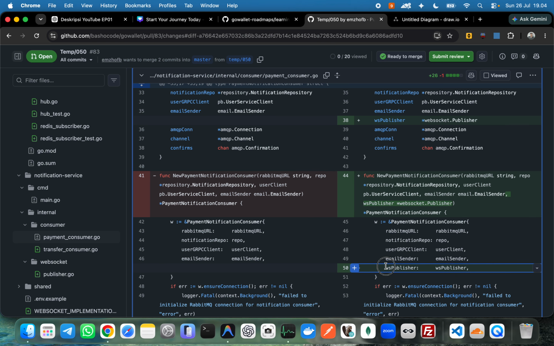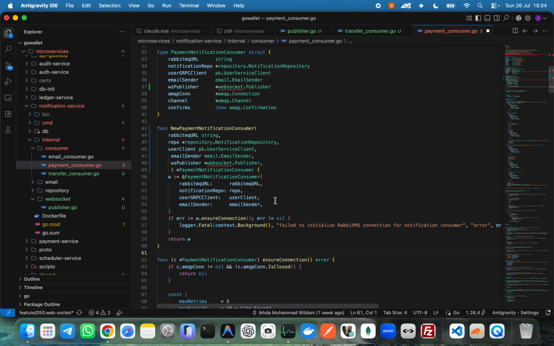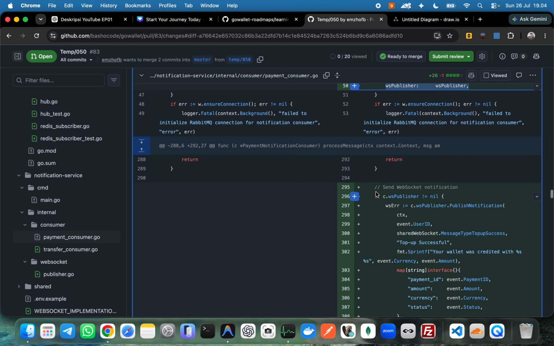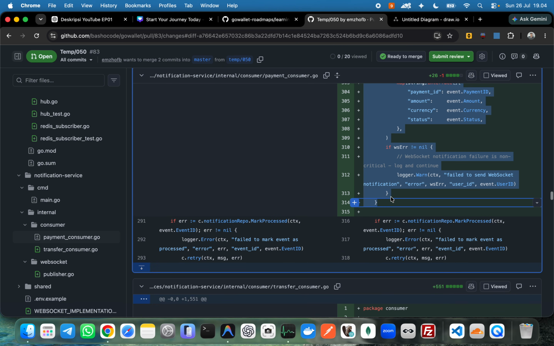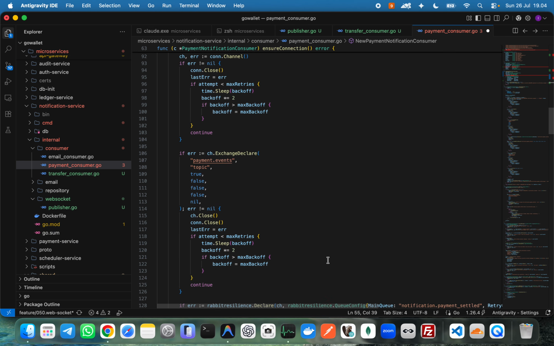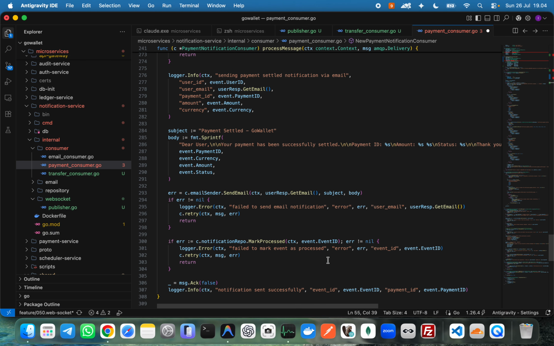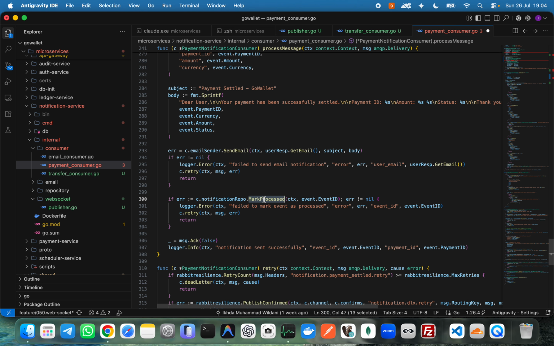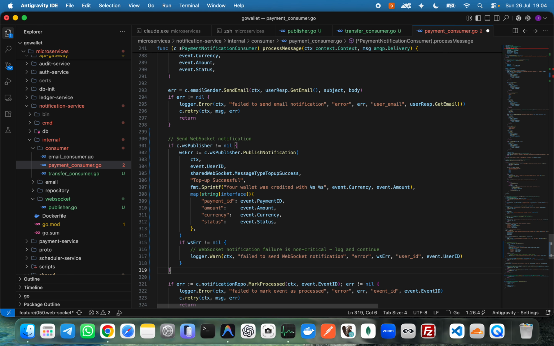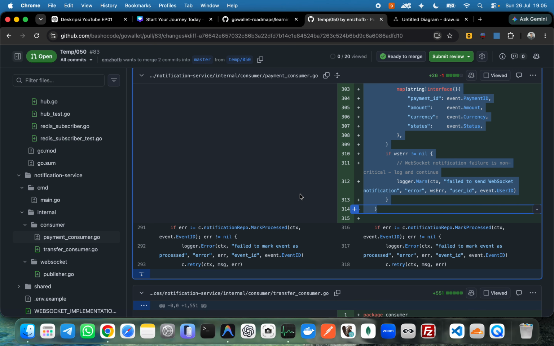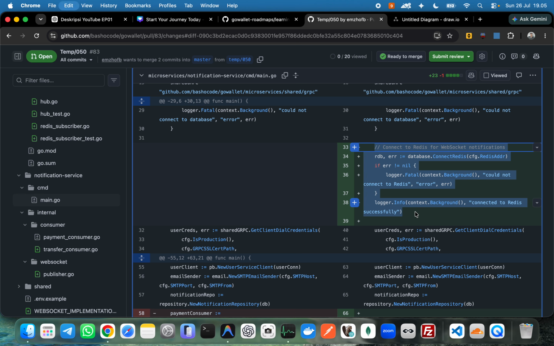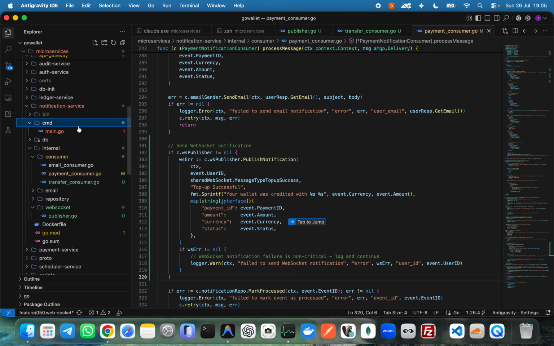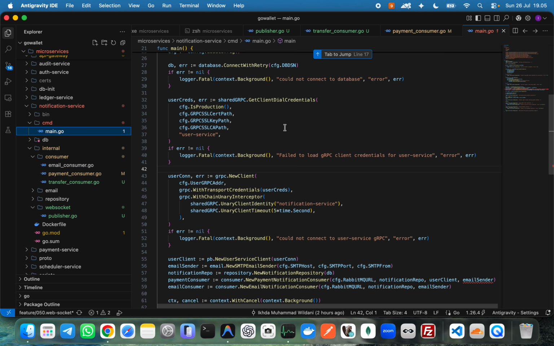I add this WS publisher here and send notification here in the connection marks process 300, I think. Yeah, marks process in here, process message before mark process notification. Yeah, this one. Then go to the main.go, connects to Redis for web notification here in 33 here